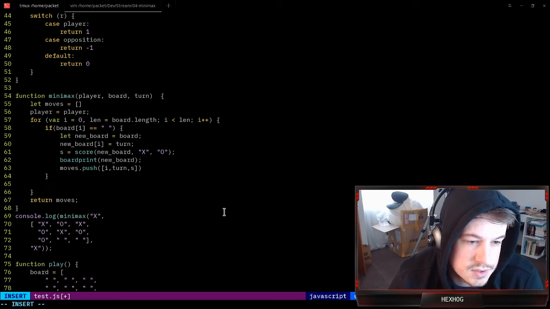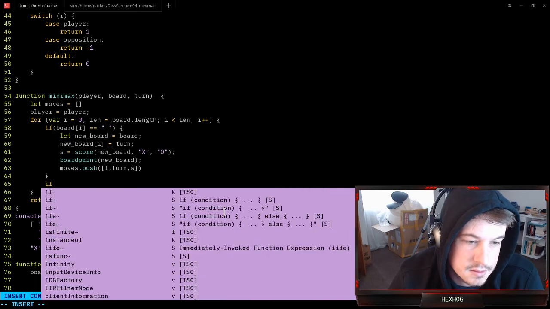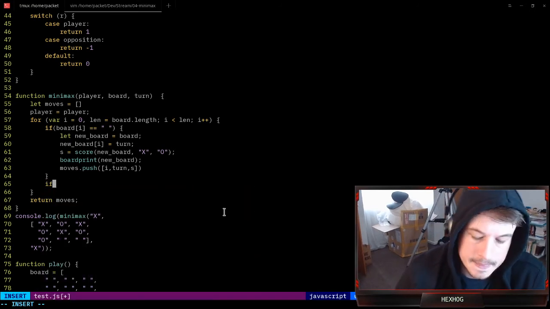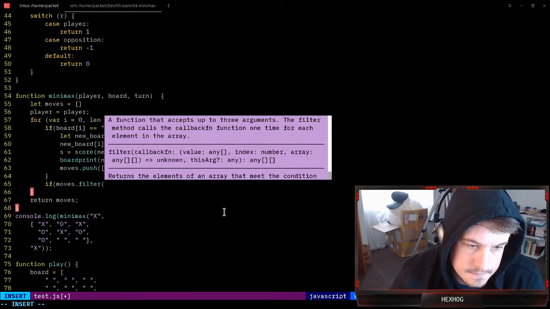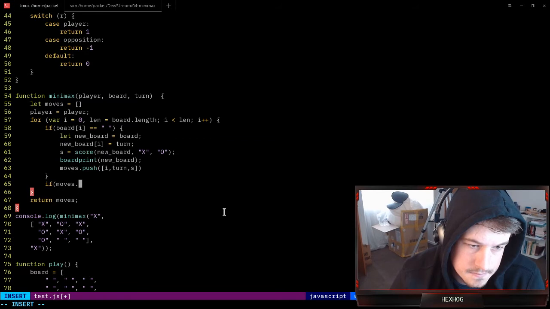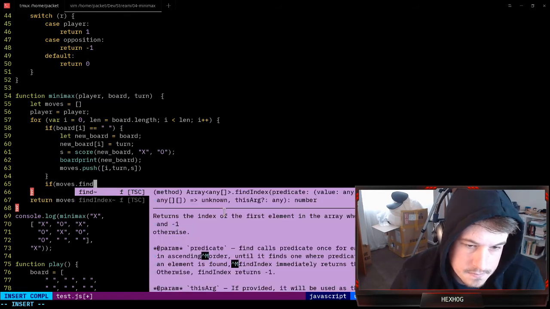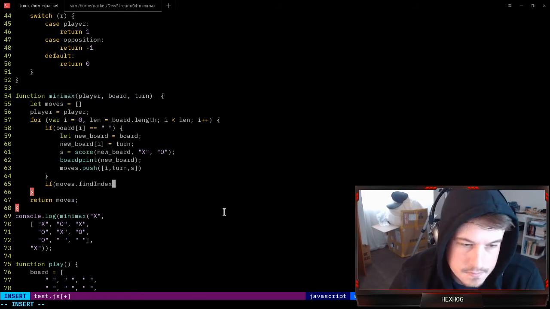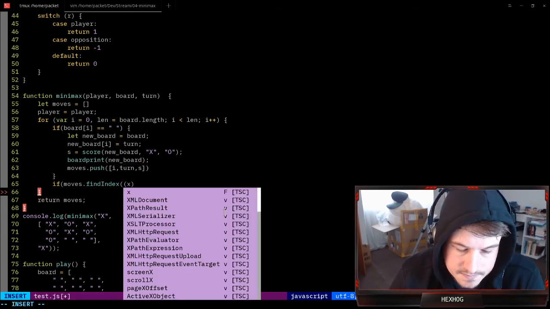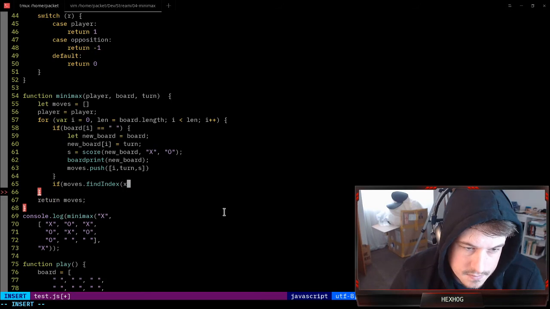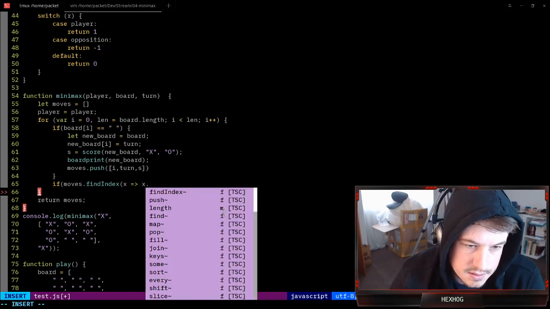So then look through the moves. If any of the moves find an x where x dot